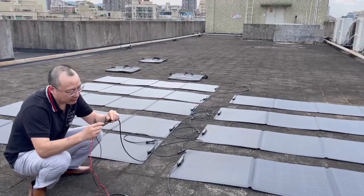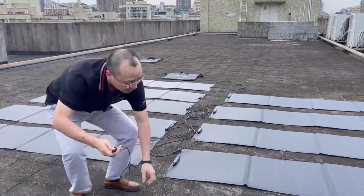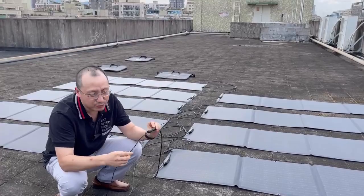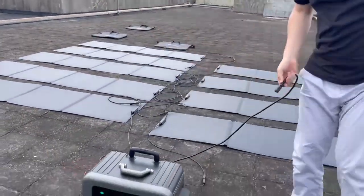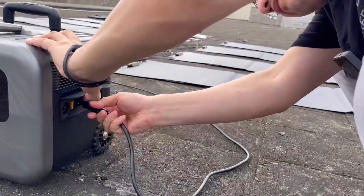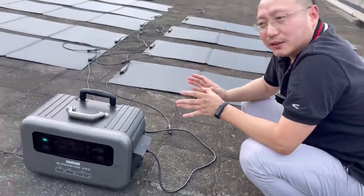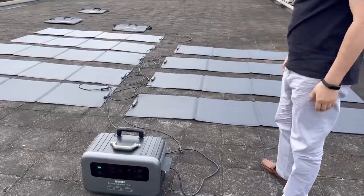Just plug in the negative to the positive here, and then the positive to the negative here. It's really simple. And then you connect the AC input port into the AC input here. That's it. And then you can charge up to 1,800 watts if the